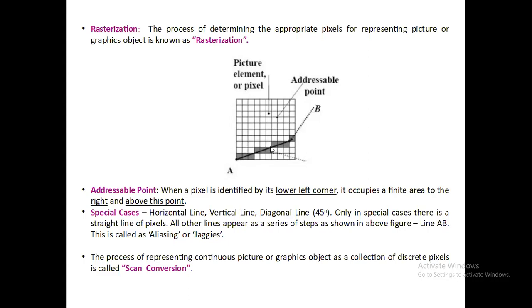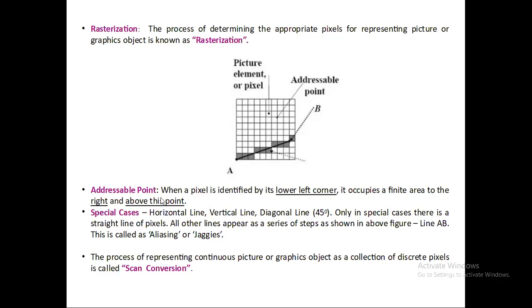So this is the line that we have rasterized here. And these are the highlighted pixels so that this line will be seen like this. Okay. Now, the first term you have understood is what a pixel is. So each and every square in this grid is called a pixel. Now, one more term I can see here is addressable point. So what is the addressable point?